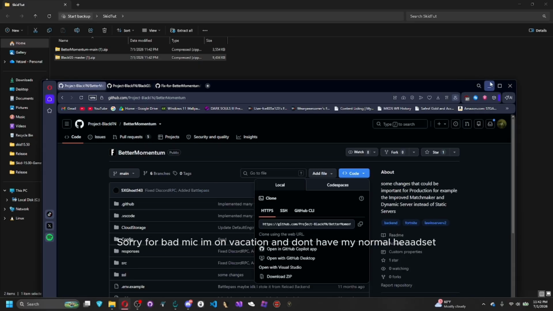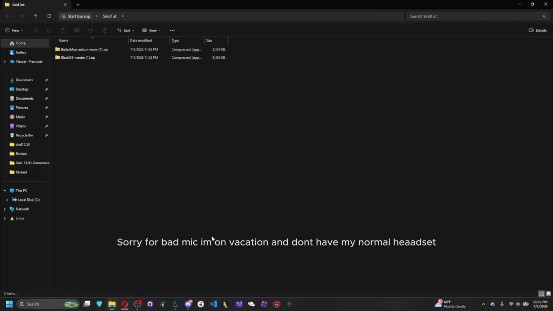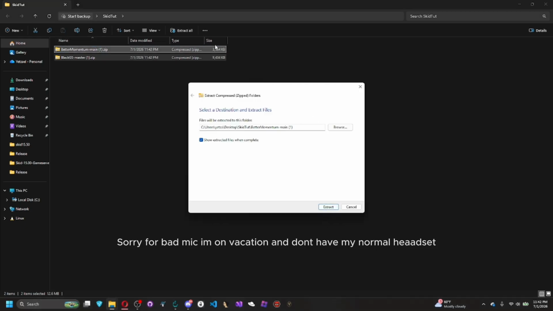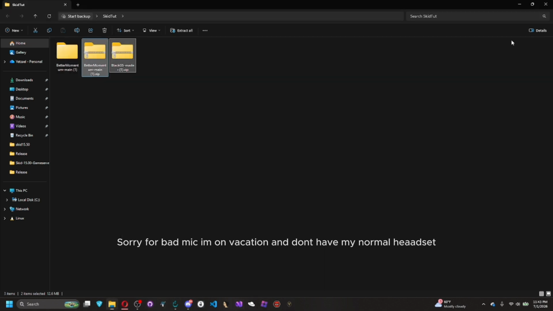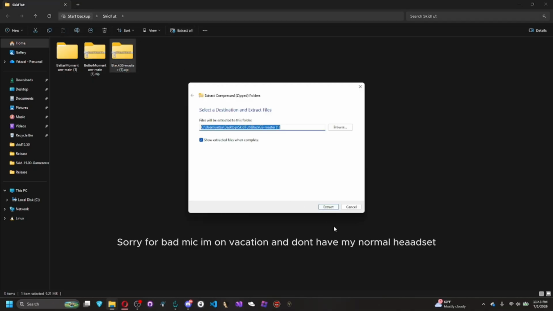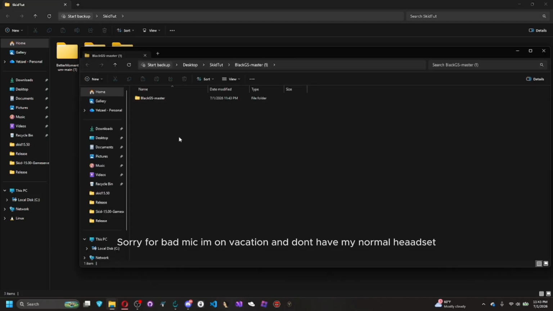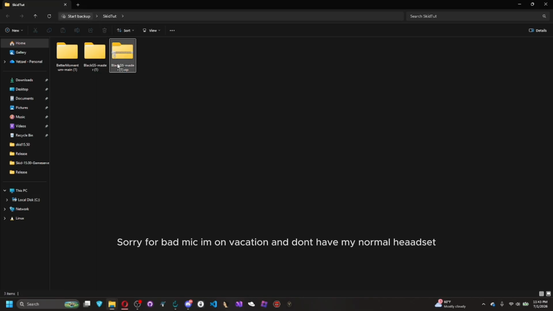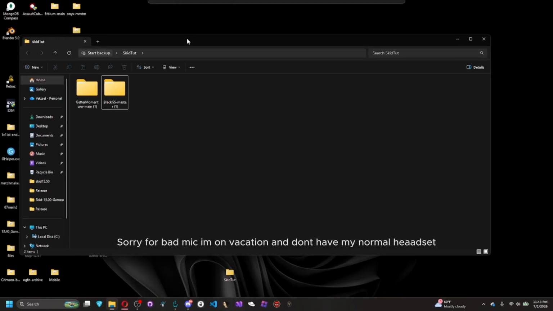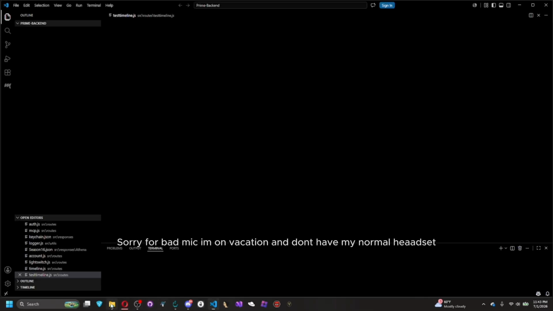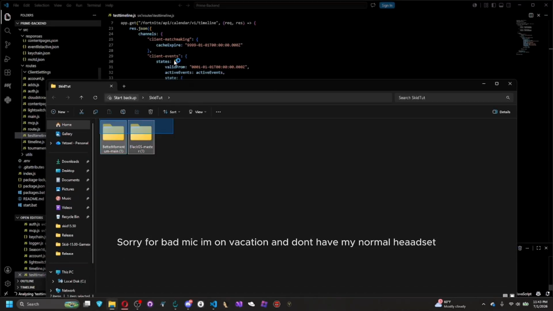So first things first, just open Visual Studio Code. I mean, first you need to extract them, of course. Extract both of those, the game server, and then you can just delete the folders. Okay, extracted, so delete. Okay, so now we just open Visual Studio, drop that folder in,